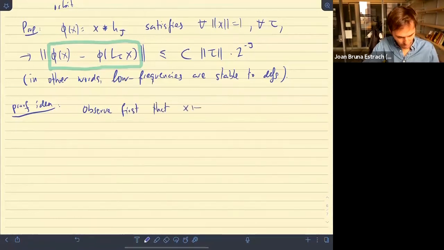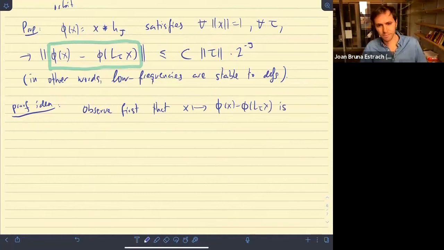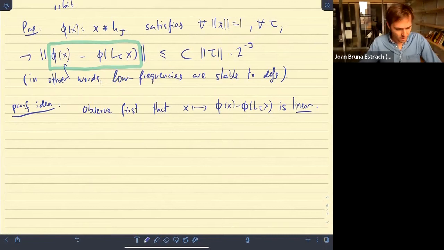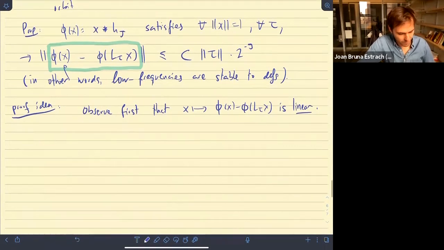That this mapping that goes from X to this complicated thing is linear. Right? Because the first term here is obviously linear, by definition of phi. And then I'm composing two linear operators, phi and alpha. So if it's linear, then I'm basically just asking the question,